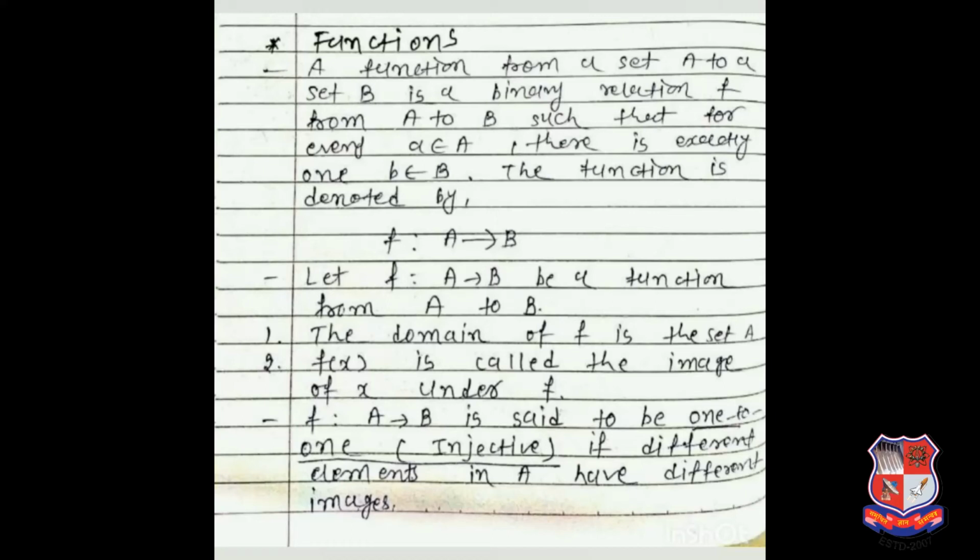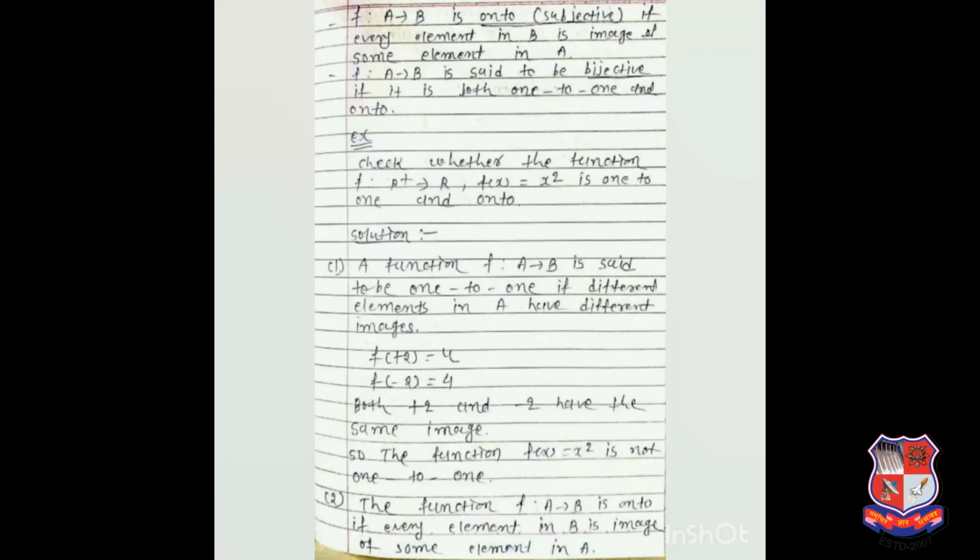Now what is actually one-to-one and onto? One-to-one is, just take an example, for whatever element you are taking from the domain A, there will be exactly one image in the set B, that means one element has a relation with one element, that is termed as one-to-one. And what is onto? That means every element in B is an image of some element in A. In other words we can say range is equal to codomain, that means whatever elements in B are present, they are the answer of one of the elements of set A. There should not be even a single element in B that is not the answer of the function after applying the function. So that is termed as an onto function.